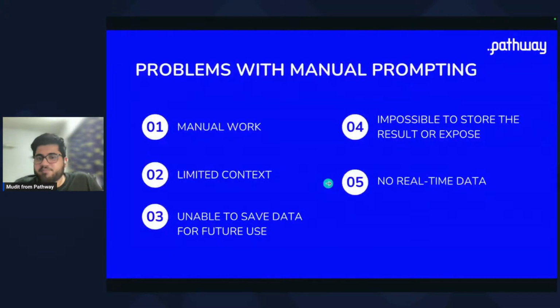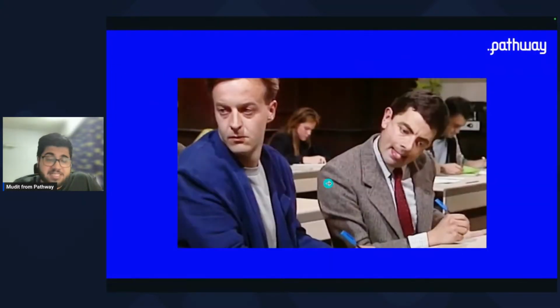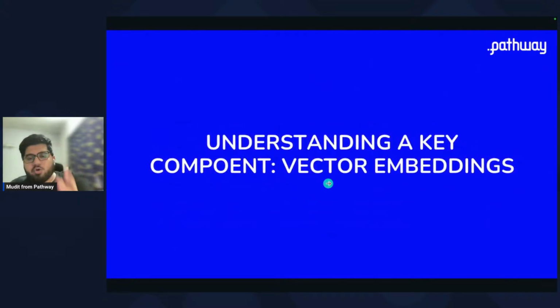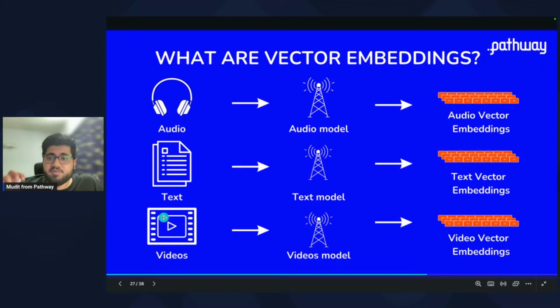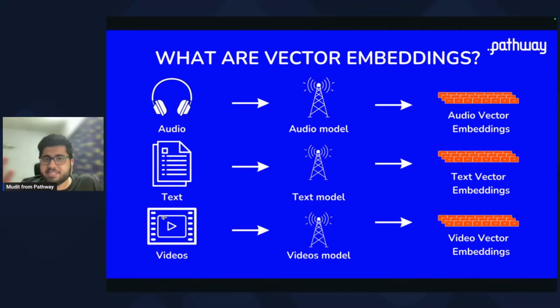Similarly, vectors is where the magic happens. Vectors are nothing but a numerical representation of a particular kind of input, be it text. For text, you have text embeddings. By the way, the words vector embeddings and embeddings are used interchangeably, so if you hear them, know that these are the same things.